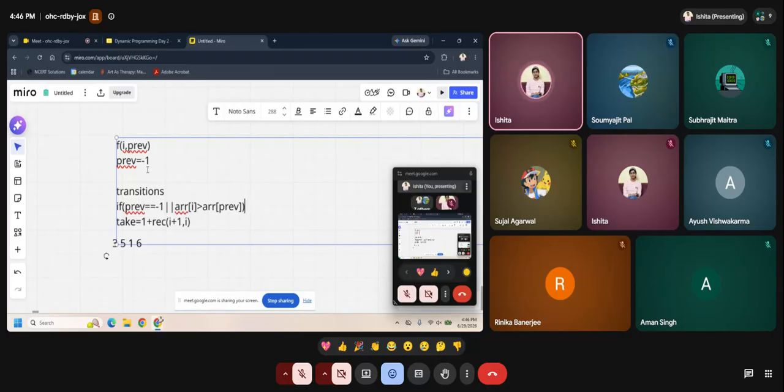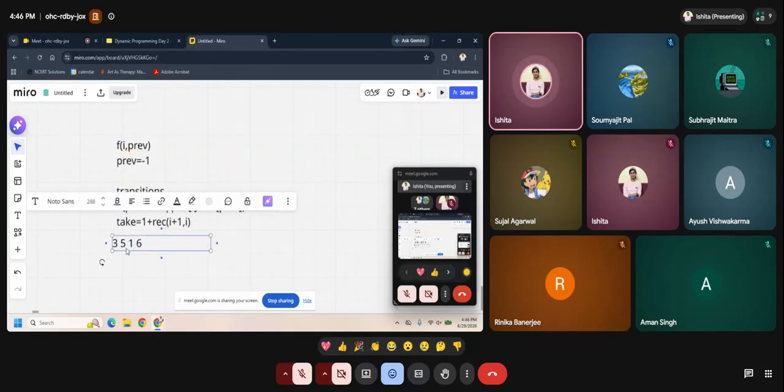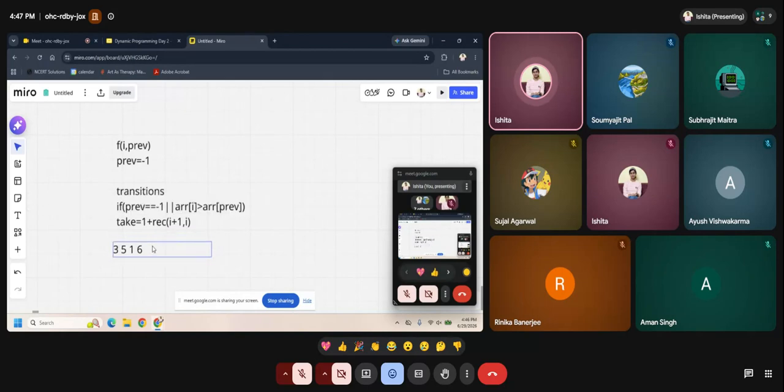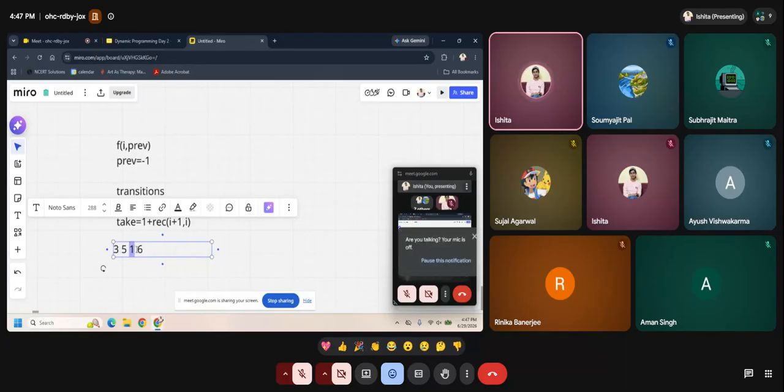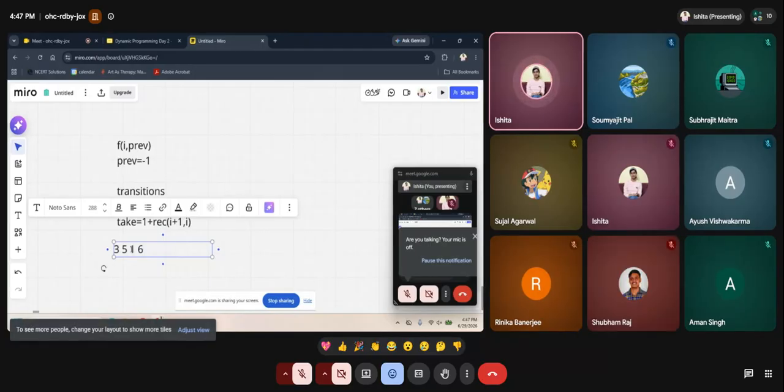Only in these two cases can I take my current element. Now there is a choice that I can not take my current element also, because whenever my previous is pointing to 1, I can choose if I'm taking this 3 or I'm not taking this 3. If you're taking this 3, you will get a subsequence of 3, 5. If you're not taking this 3, you can start from 1